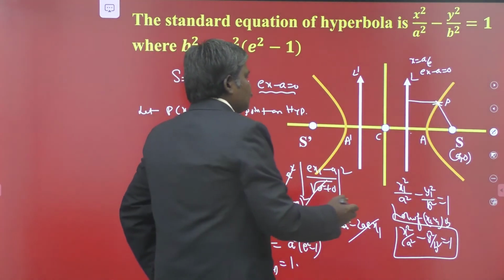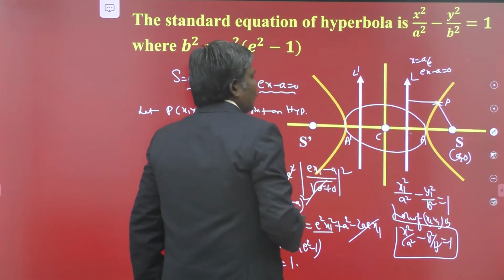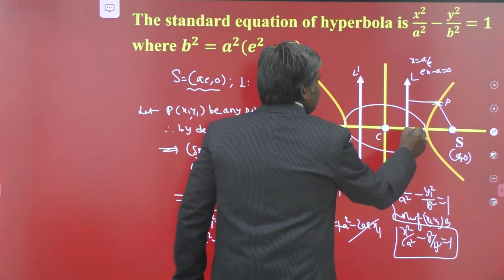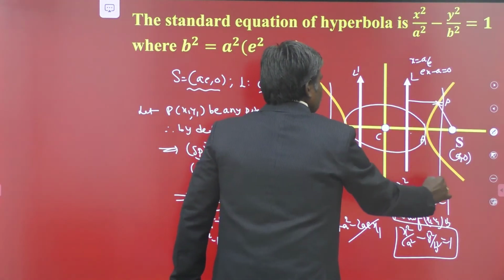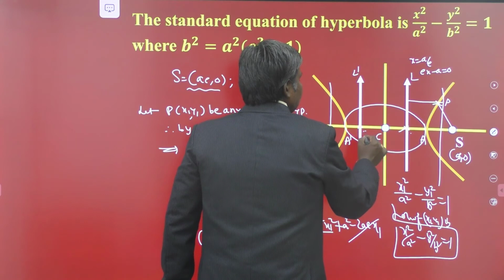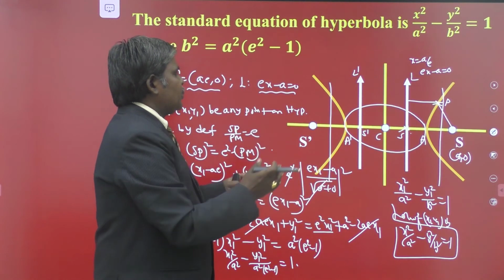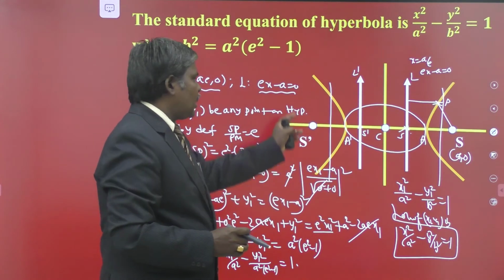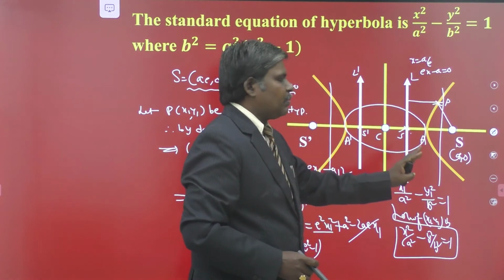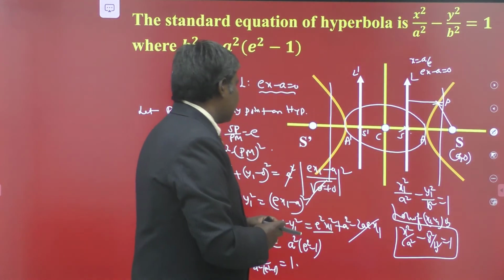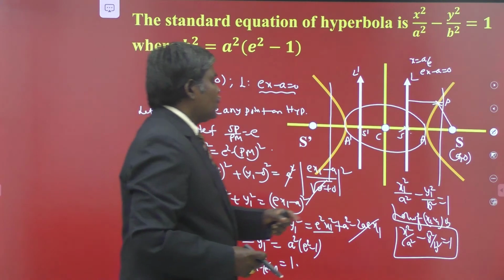But your ellipse is in this manner. This is your ellipse. Its foci will be inside the ellipse and the directrices are outside. So these are the directrices, these may be foci, S dash, S, like that. So this is a different story, entirely reverse here. The hyperbola branch will be like that. It has two symmetrical branches. Why does it have two symmetrical branches? Let us discuss. This is the way to derive the standard equation of the hyperbola.